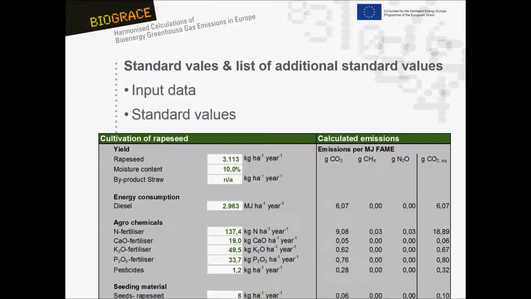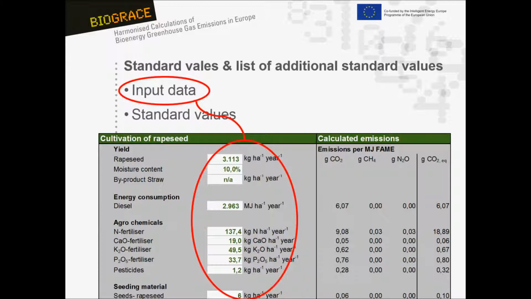This is a screenshot of part of the BioGrace Excel tool. Input data are the data that a user will replace in the tool and that in most cases have a direct relation with numbers that the user will know, like the yield of rapeseed or the amount of fertilizer used to produce the rapeseed, or numbers that can be determined from input numbers, such as the N2O emissions from the